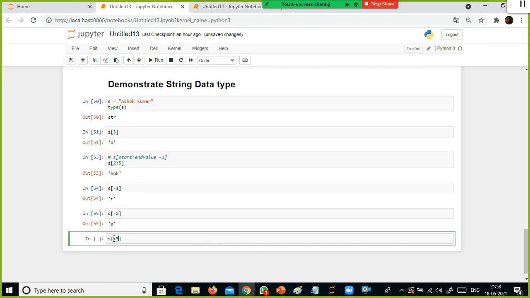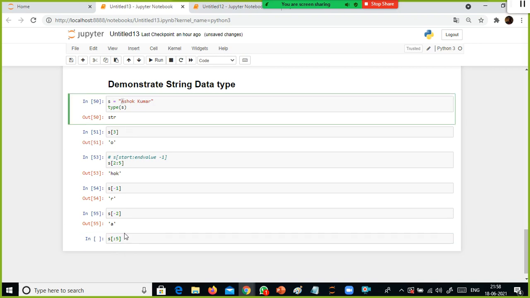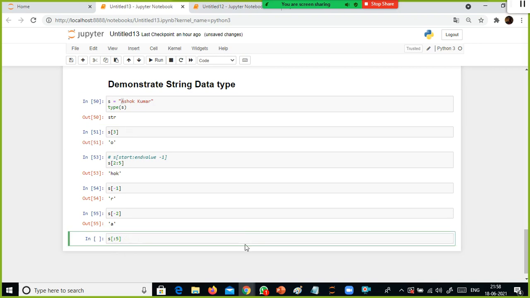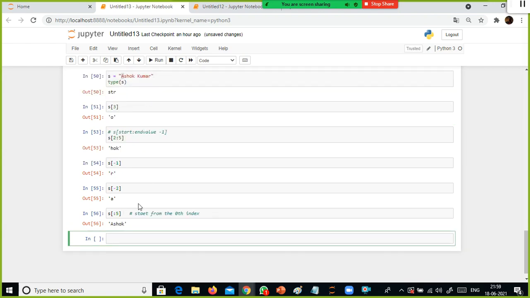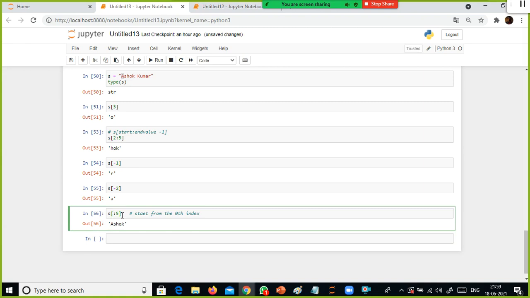If I don't specify anything before the colon, that means start from the beginning, the 0th index value. Start from A till the end value minus 1.